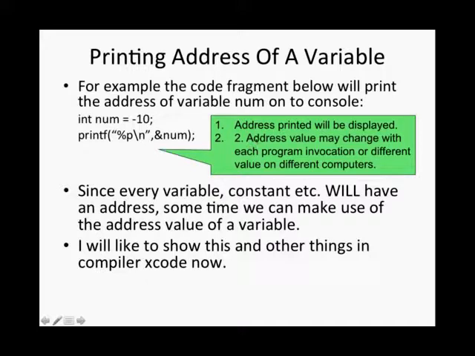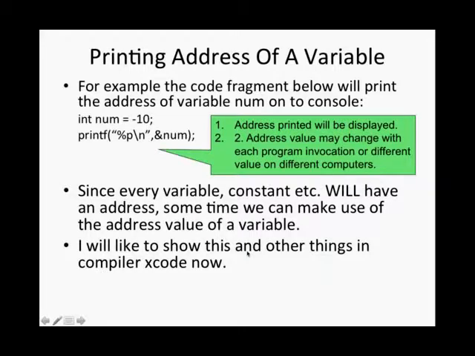And if you do that, address will be printed in hexadecimal, and the operating system simply guarantees to you that when this variable is created, an address will be assigned. It doesn't guarantee where it will be assigned. In each invocation, it may end up at a different memory location. Since every variable, constant, etc. will have an address,